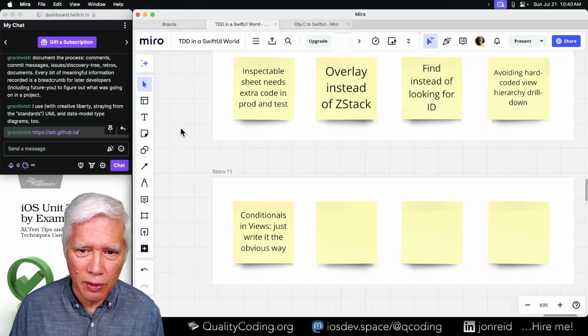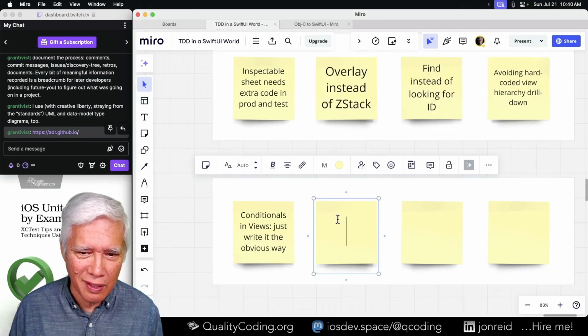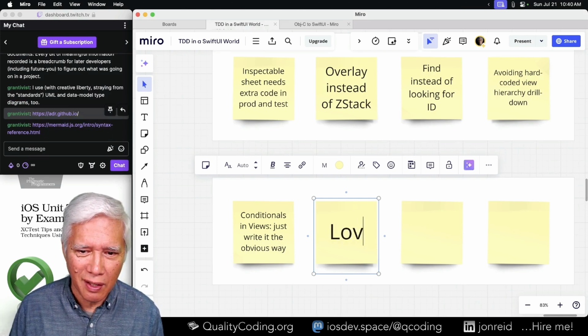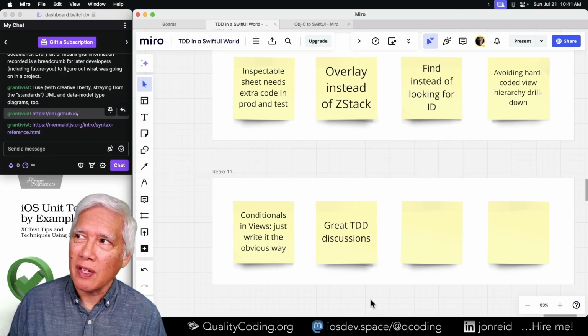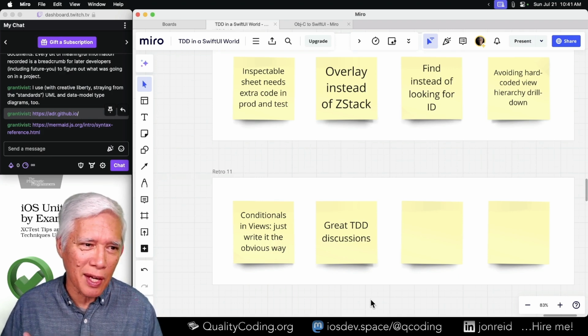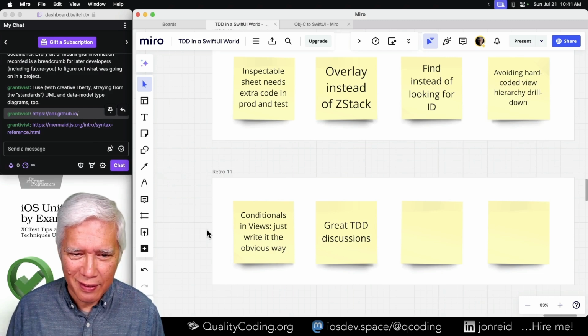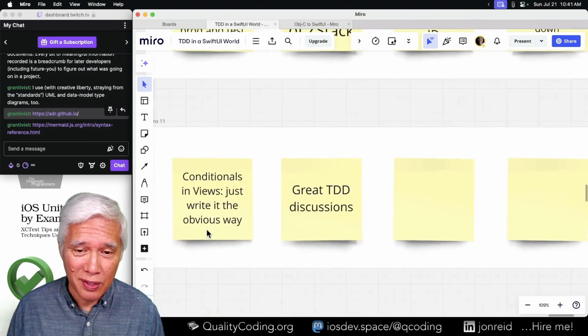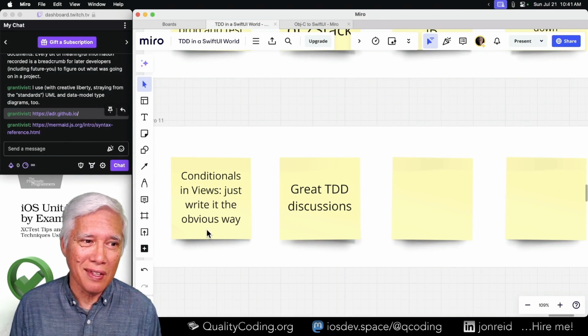What other things did we learn? Great discussions. It doesn't have to be learning. It can be like, what do we want? One of the things that Woody Zuhl, okay, I'm using this time to talk a little bit about retros. Woody Zuhl is, I mean, he's the